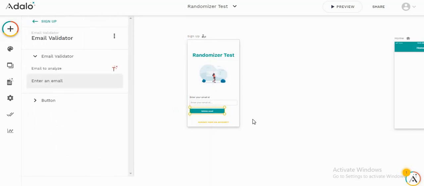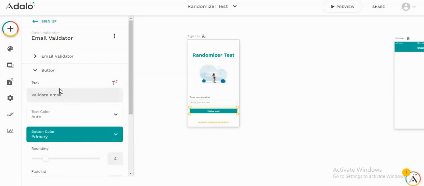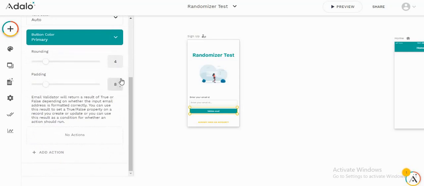Then I'll increase the length of this component, and now the first section of the menu of this component is asking us to tell what it needs to analyze. So whatever the user inputs in the above input field, which is called email, that is what we want to analyze. So let's just select that, and then I'm increasing the padding of the button a little bit.